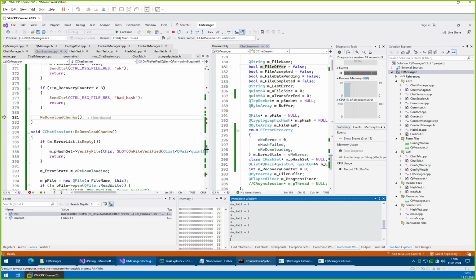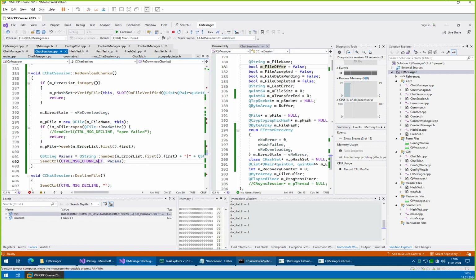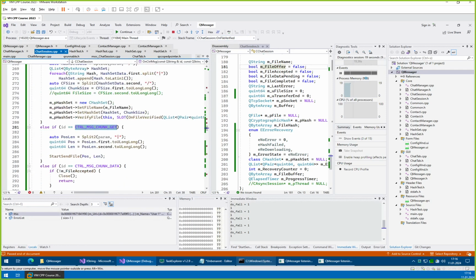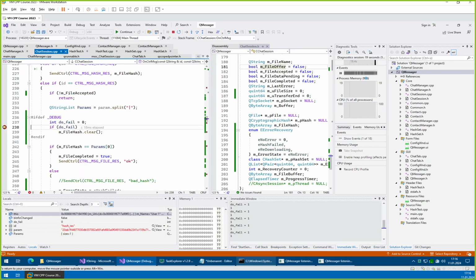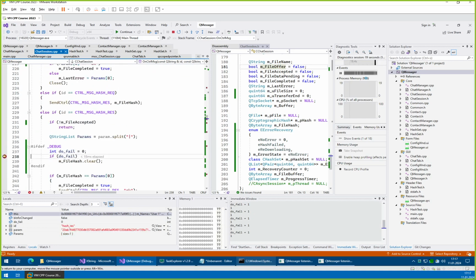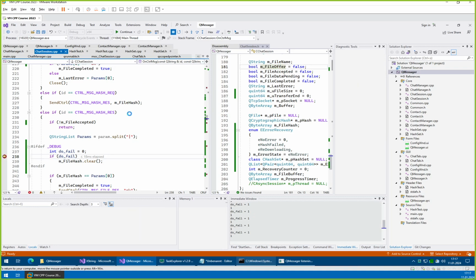Right, so we go to redownload chunks. We will make this get chunk request, and then we'll end up here in chunk data. I hope we do. Then we go here, and transfer is somewhere. Pending is false, so we... right. So we got the data, and of course we forgot to finish the implementation